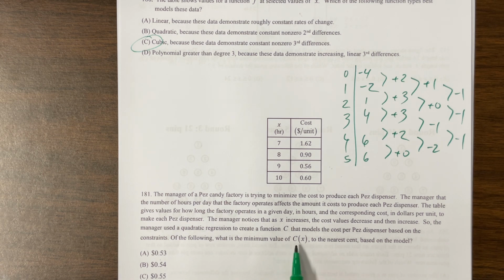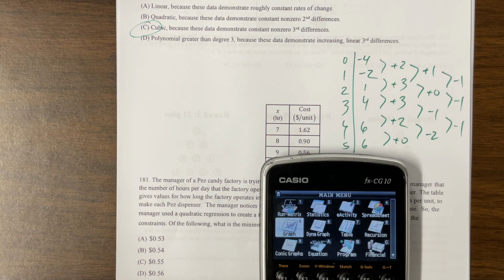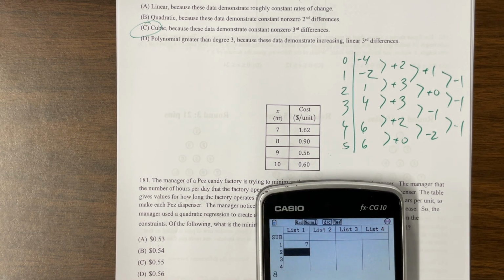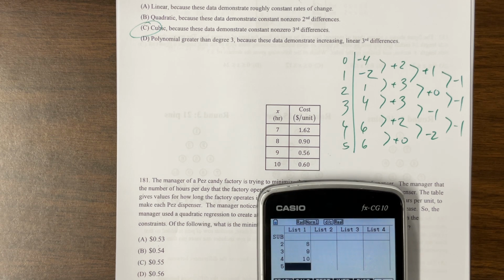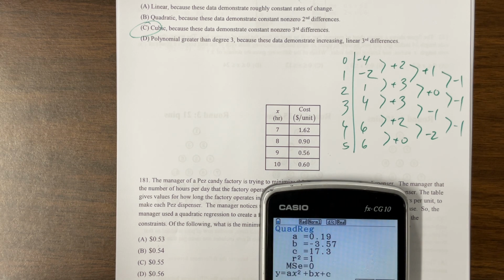Of which, what is the minimum value of c of x to the nearest cent based on the model? Okay, what I would probably do is, if I had a calculator, I would type this in, 7, 8, 9, 10, and I would come over here and do 1.62 and 0.9 and 0.56 and 0.6. This may be a great problem, and I'm just tired, so my apologies to whoever I may have offended in that. Okay, we're going to calculate the quadratic regression, and I'm going to copy it into here and draw it,